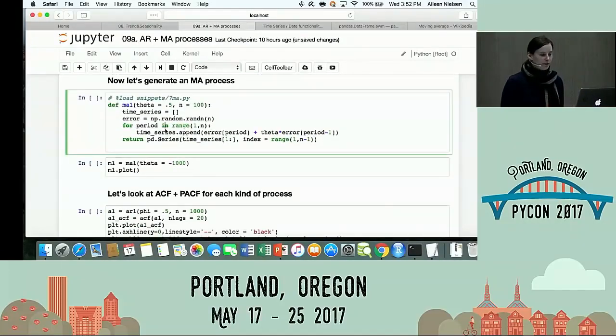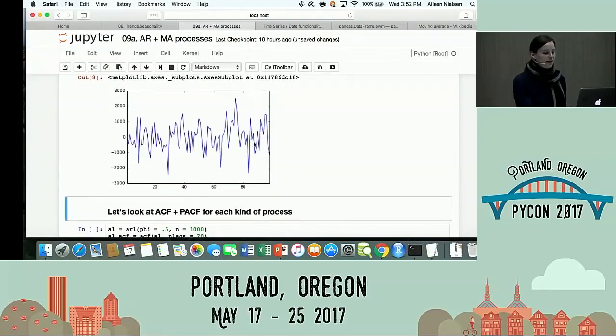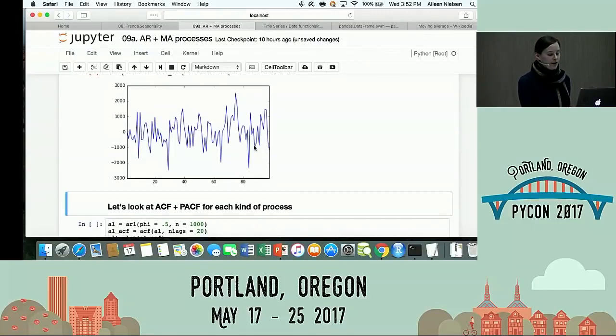Okay, so here's how I did a moving average 1. Again, we need a theta or a phi. I mean, you can call your parameter whatever you like. You have your time series. You have your random error. Now, in a moving average model, your value is really just a function of the prior error plus your current error, right? You're just sort of accumulating errors, or doing a moving average, literally, of those errors, and that's your value. And then if we look at what our moving average plot looks like, we see something like this, right? So this one is by definition stationary, and it's going to sort of oscillate around whatever that mean value is.